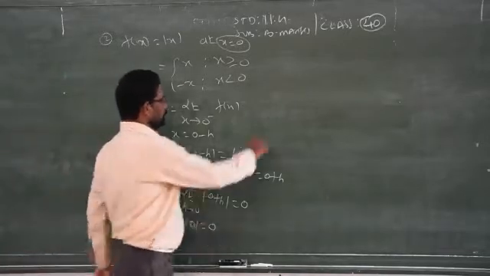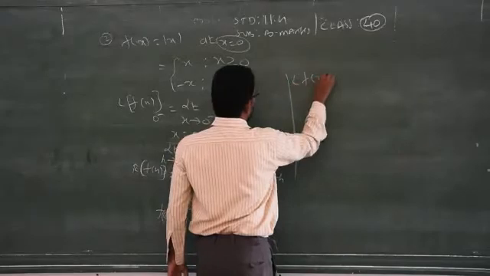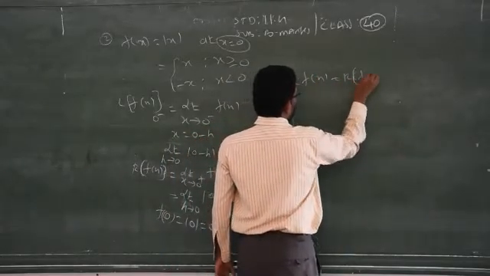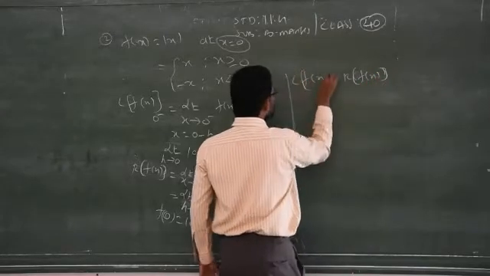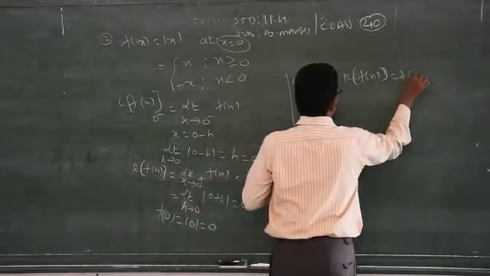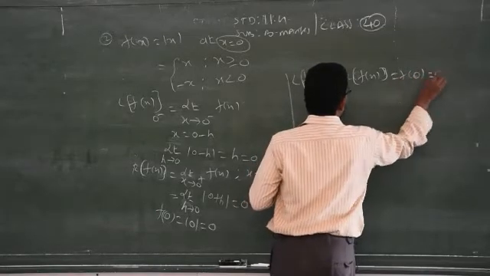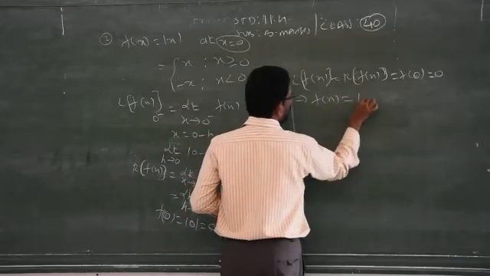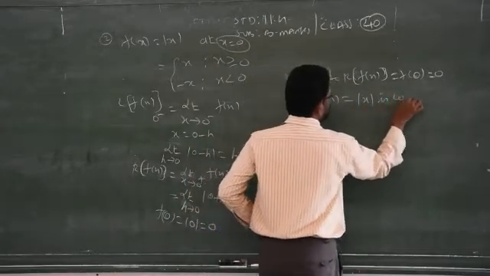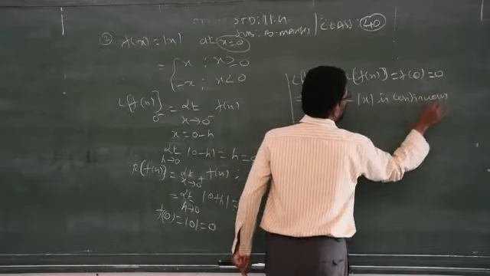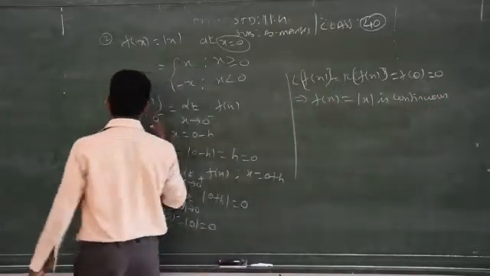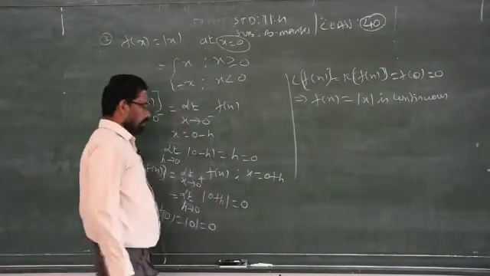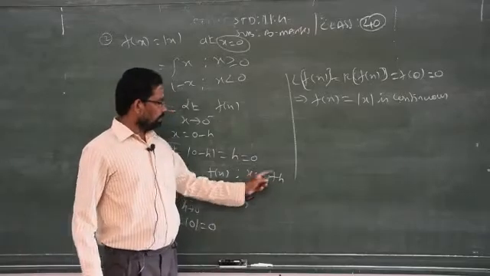So now you have to prove that left hand limit, right hand limit is equal to f of 0 is equal to 0, which implies f of x equal to modulus of x is a continuous function. Clear? So this is the process. Very simple. You have to replace always x by 0 minus h for left hand, for right hand 0 plus h.